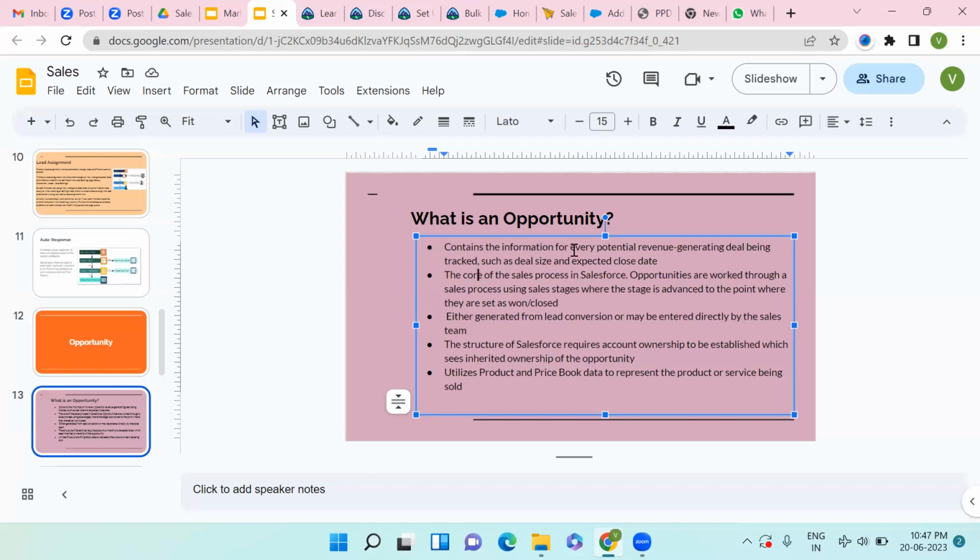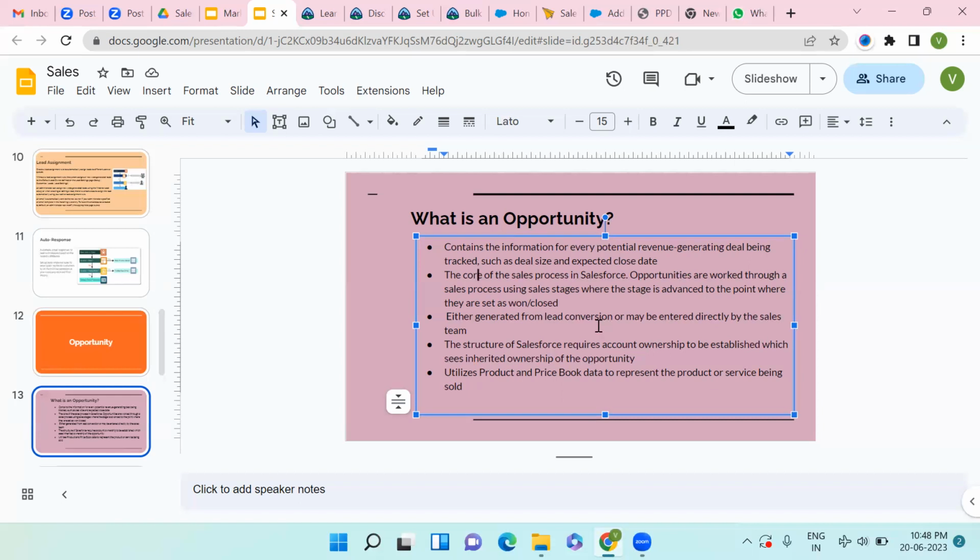Okay, so all things will be tracked in the opportunity itself, and it has some stages from start to end. In every stage, some calling will happen, some email exchange will happen, some conversation will happen, so that your client cannot go away. So it will help you to generate revenue, and you can do it in the opportunity only. So opportunity helps in generating revenue.